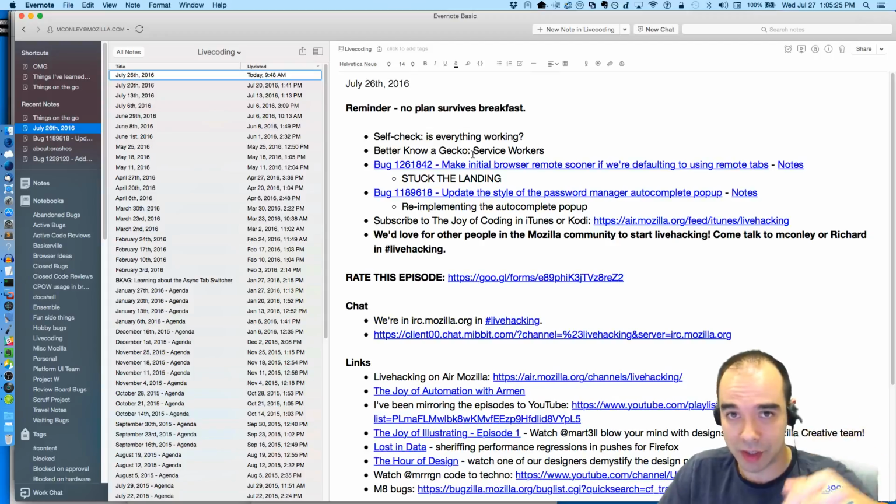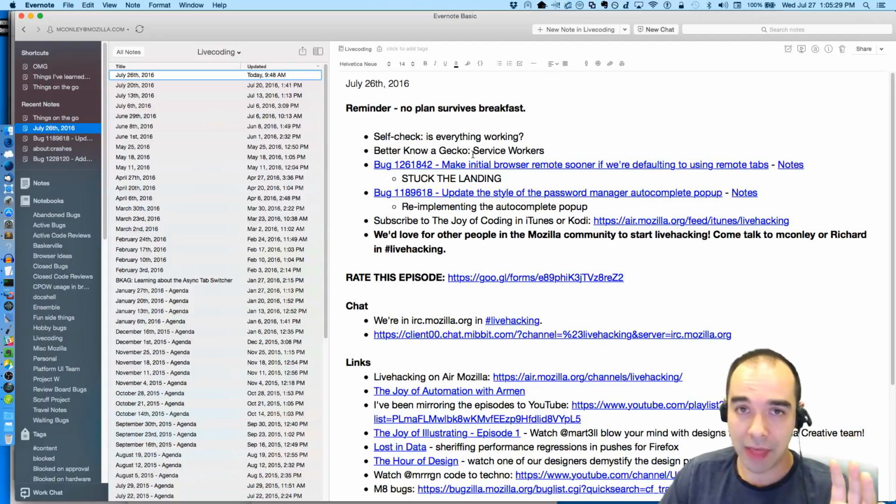If you go down to the additional links section, if you're watching this on Air Mozilla, there should be a link to this agenda that you can click on to check stuff out. I'll be updating it as we go, and once it synchronizes, when that little spinner turns, you just reload the page and it should have all of the stuff that I've added.